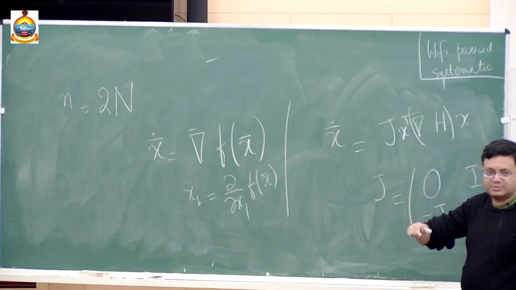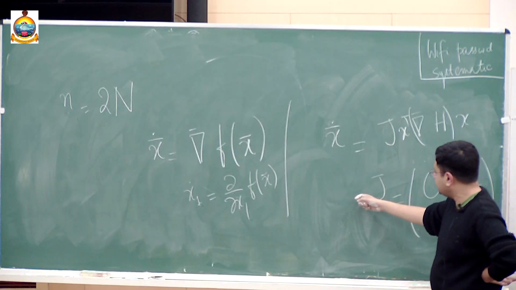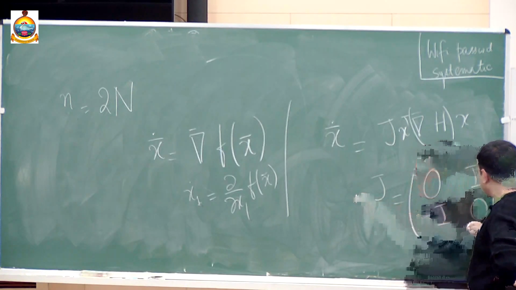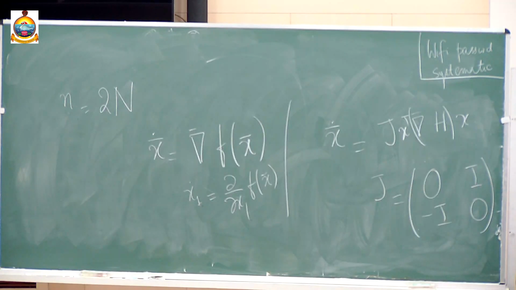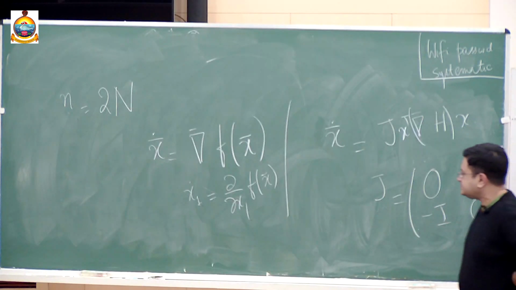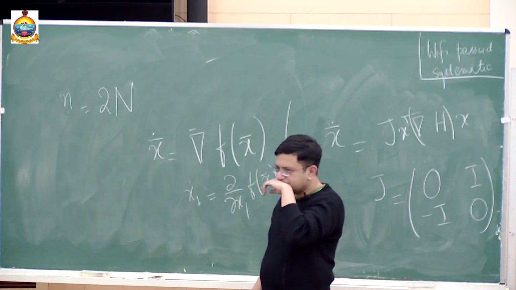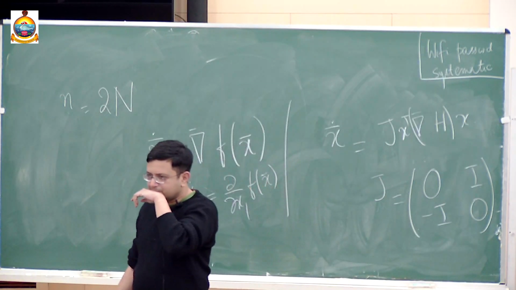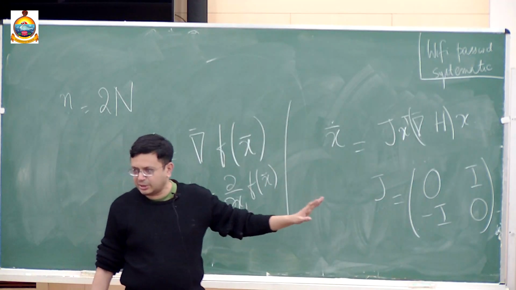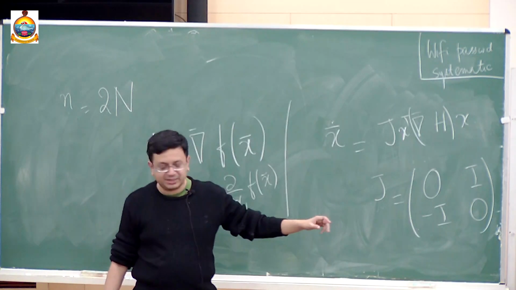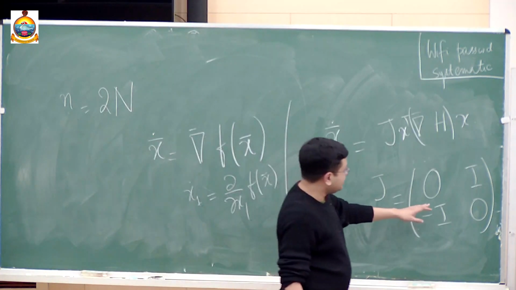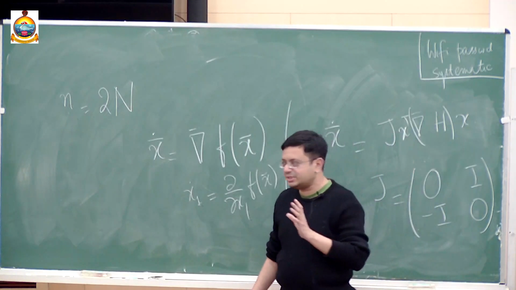So J is this matrix. What it does is that it mixes the Q's and P's, in the sense that if you want to know the derivative with respect to Q, the non-zero component is coming from the P part, and so on, with the right minus sign. Is the definition of symplectic need 1 and minus 1, or it could be more? No, this is how it is defined. It's called symplectic because with this definition you can show quite easily